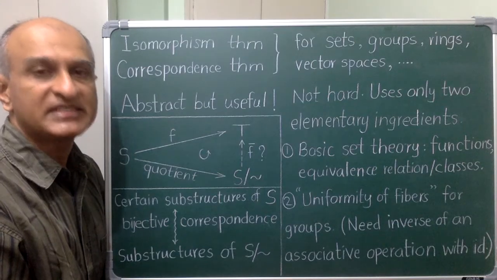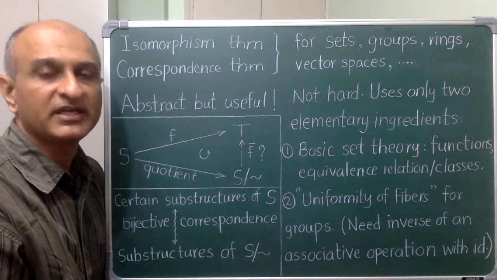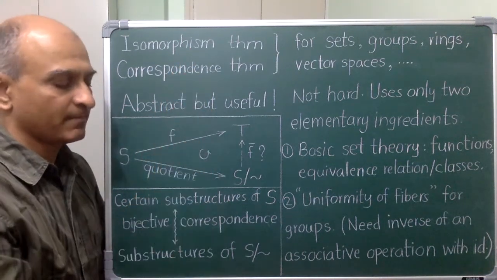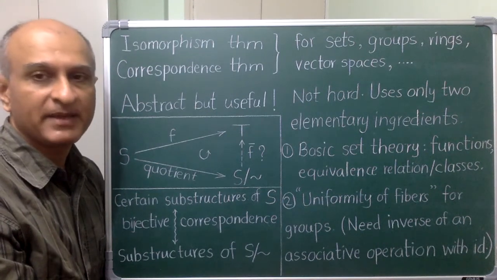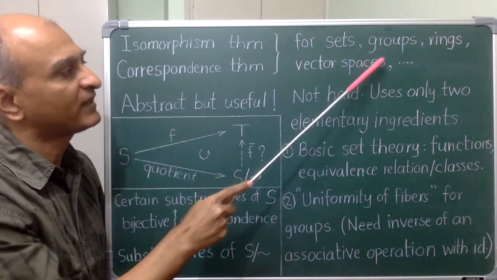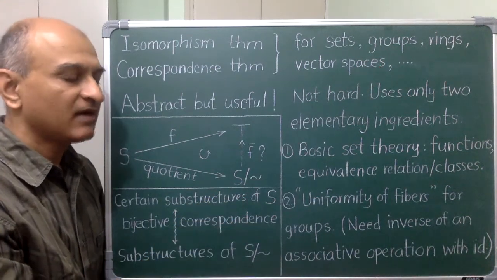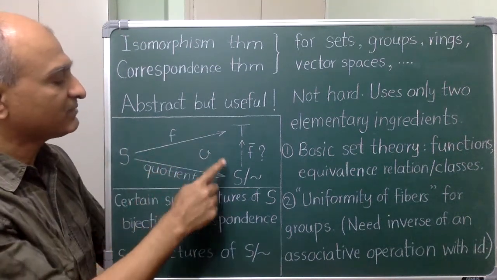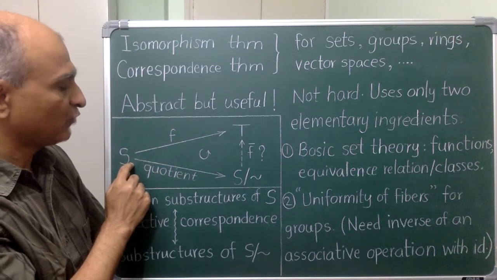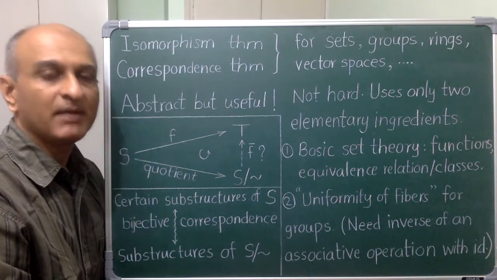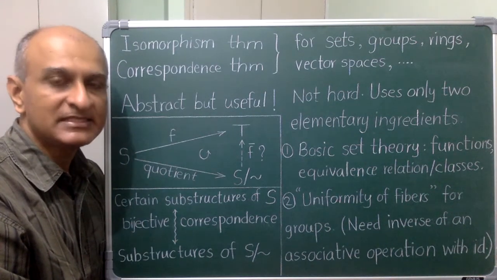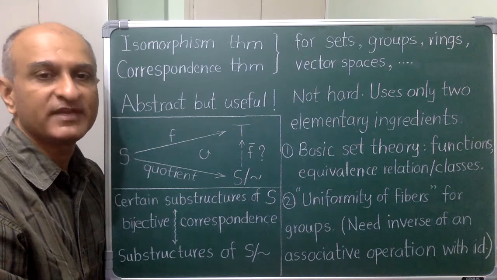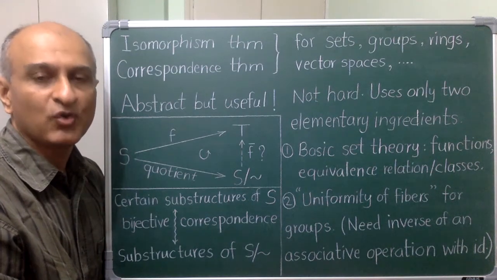We have now come to the centerpiece of the foundational structure that we are building, and that is isomorphism and correspondence theorems. You start studying basic algebraic gadgets like groups, rings, vector spaces, and others, and rather early on, textbooks introduce these theorems. You see triangular diagrams like this, often with a right angle over here. It all may seem a bit too abstract, perhaps unnecessarily complicated. But the specific language is chosen because it is very useful, as we will see over and over again.